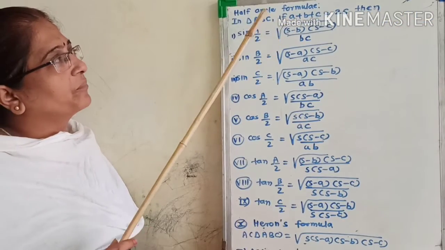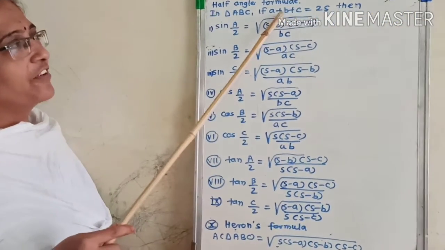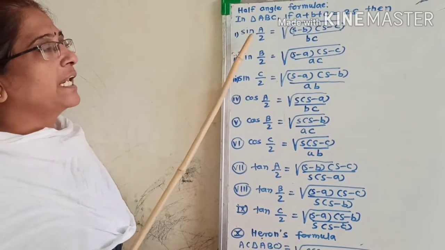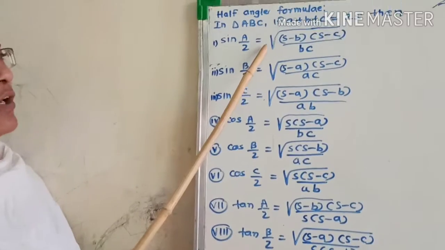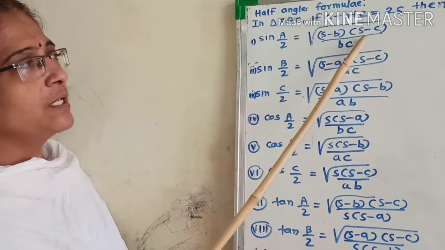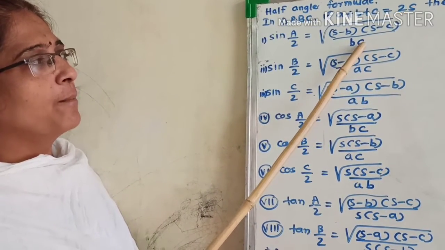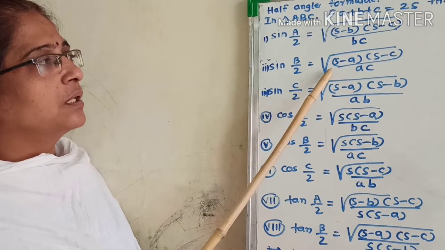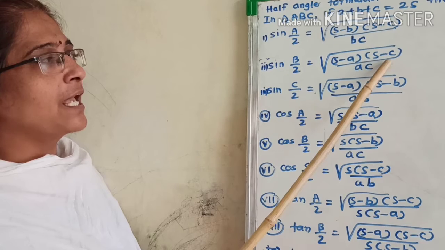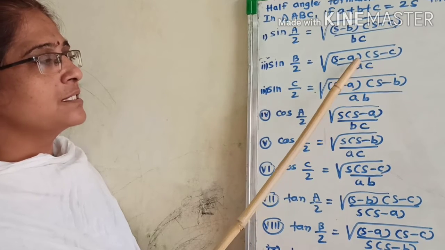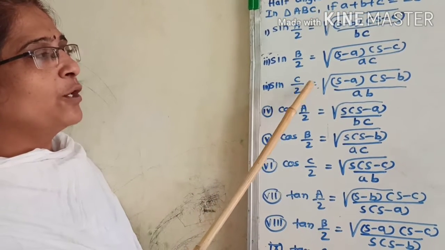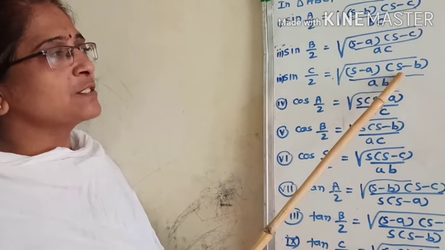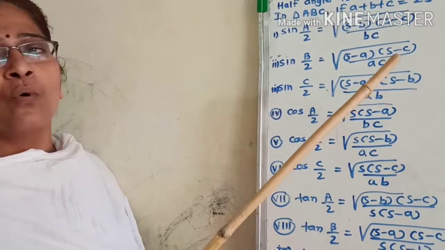Half angle formula. In triangle ABC, if A + B + C is equal to 2S, then sin(A/2) is equal to under root (S − B)(S − C) upon BC. sin(B/2) is equal to under root (S − A)(S − C) upon AC. sin(C/2) is equal to under root (S − A)(S − B) upon AB. Now,